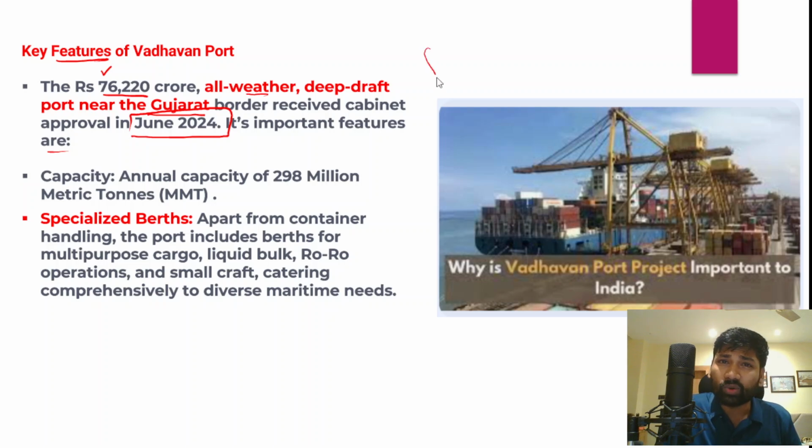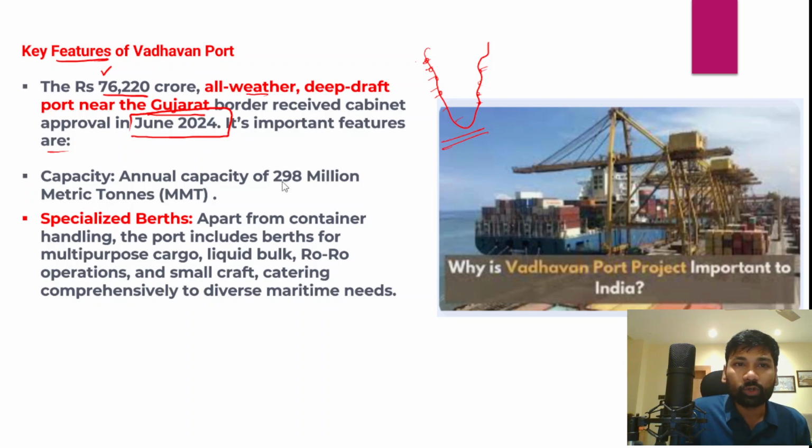The other thing is that when you look into India's topography, India's geography, it is very important that the majority of ports are located on the western coast, but not on the eastern coast. There are fewer ports on the eastern coast, but more ports on the western coast. What is the reason for this? Just try to mention this reason in the comment section, right? Why are there more ports on the western coast and fewer ports on the eastern coast? This is also very important for your examination. So you have to understand the reason why there are more ports on the western coast.